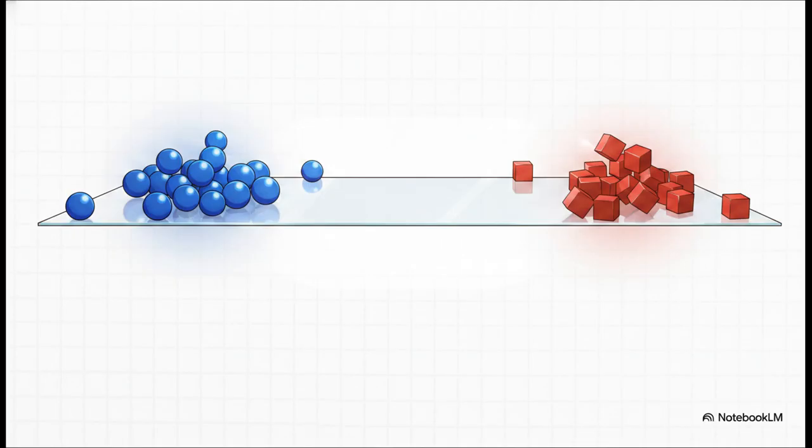And focusing on that wide margin is absolutely crucial. By creating the widest possible gap, the model becomes much more confident and is less likely to make a mistake when new data shows up near the boundary. This makes SVMs incredibly powerful, especially in really complex situations with tons of features, like in text analysis, where every single word can be its own feature.